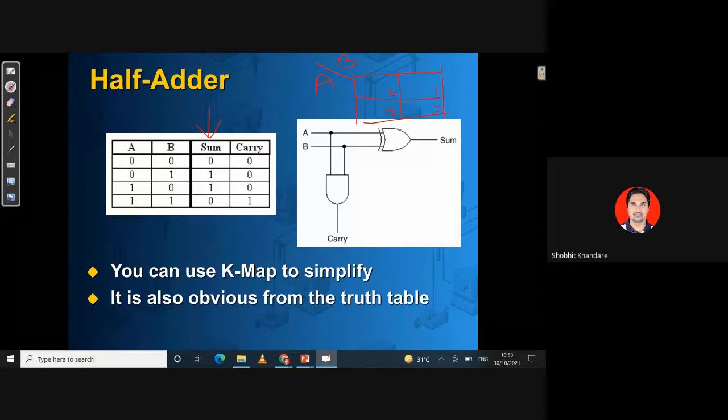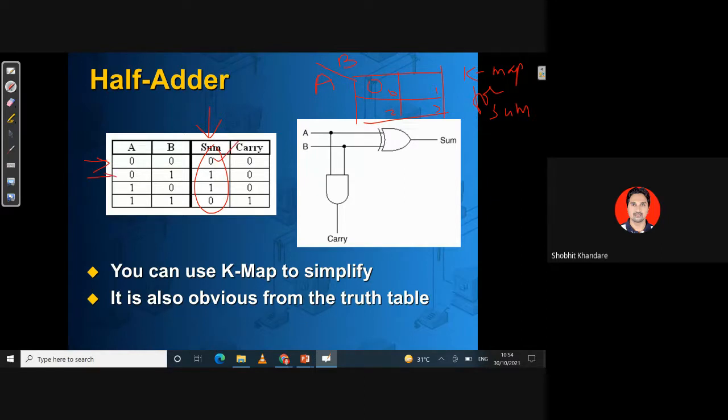Now we have to put up the numbers. So if this is the K-map, now this is a K-map for sum. Now in the column of sum, you see 0, 1, 1, 0. So on the 0th cell you put 0.